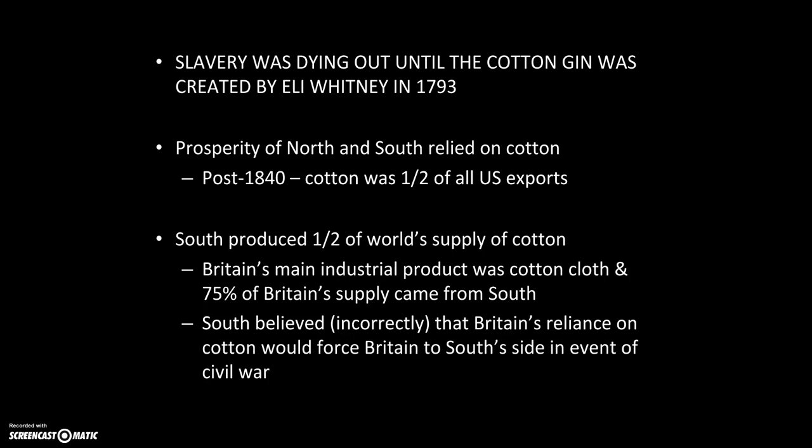And as you can see here, the South produces basically half of the world's supply of cotton. That's why we call it King Cotton. Down in the South in that black belt area of the country where the soil is so rich and dark that it's almost black, which is why we call it the black belt. And as I mentioned, Britain is going to be one of the main buyers of the South's cotton, so much so that Britain will actually contemplate coming in as an ally of the South once we get to the Civil War, but that of course is next unit. We're getting a little ahead of ourselves there.